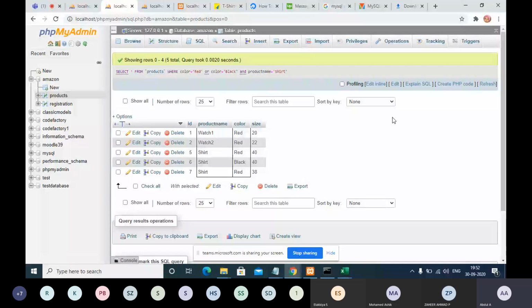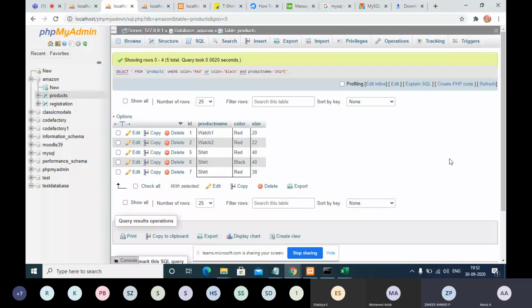I need only shirt, I don't want watches. So now do you understand why the bracket is influencing in this place? If you don't use the bracket, it will bring the red color and black color watches also.